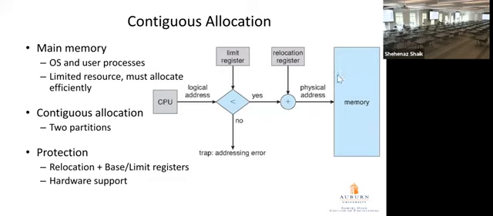Or in other words, we are just saying that the entire process is loaded in the same part of memory, in adjacent or consecutive memory locations. So that is the contiguous allocation approach. That's the basic one that we have discussed earlier. So as we can see here,